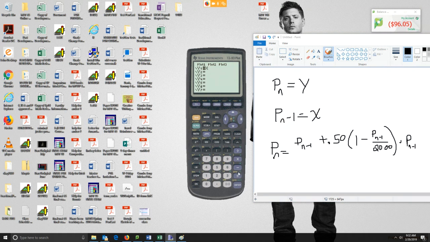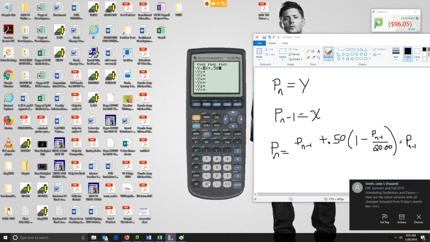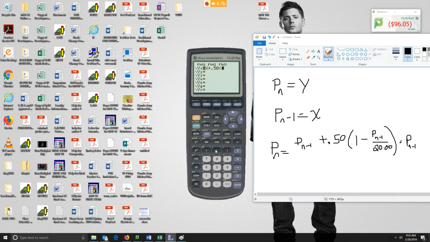So x plus 0.50 times 1 minus, and because this is going to be a fraction by itself, I'm going to put parentheses around that. So I'm going to say 1 minus parentheses x